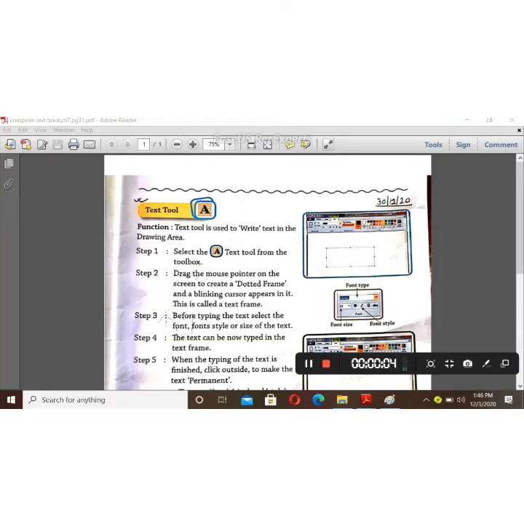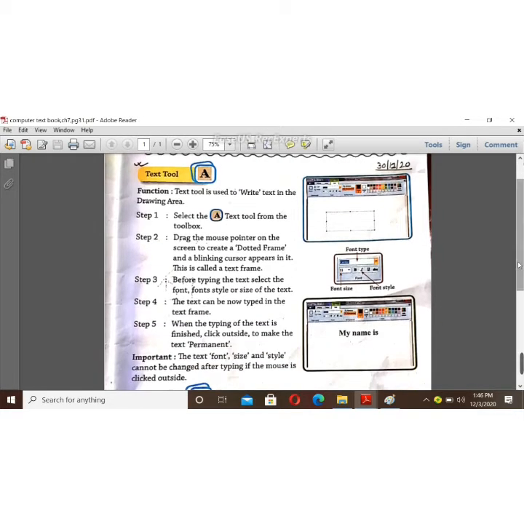So in activity worksheet 4, we had started chapter 7, that is Paint and more tools in the toolbox. That means in this chapter we will learn about the different tools used in MS Paint. In activity 5 also we continued with this chapter 7. This week in the live class I discussed the text tool and the eraser tool.